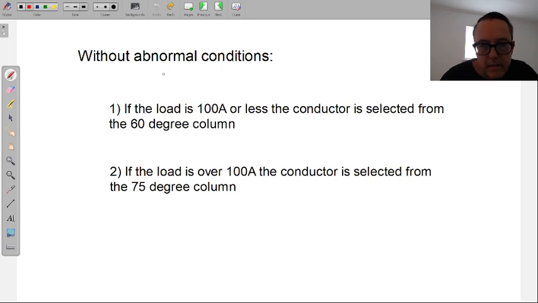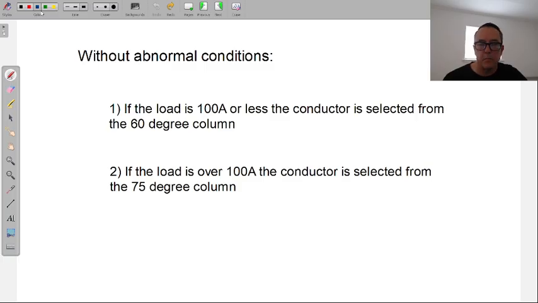I'm giving notes around this because this is going to come up on the exam, and I don't want anybody to get stuck on the use of some words. Without abnormal conditions means the wire is experiencing no issues. We're going to select this conductor based off of the two things that you see down here below. Very simple. 100 amps or more... more than 100 amps, you pick the wire from the 60-degree column when you size the conductor. Again, this doesn't mean when I go to the supply house that I am going to ask for the wires that are in the 60-degree column. I'm just going to ask for some number 8s.